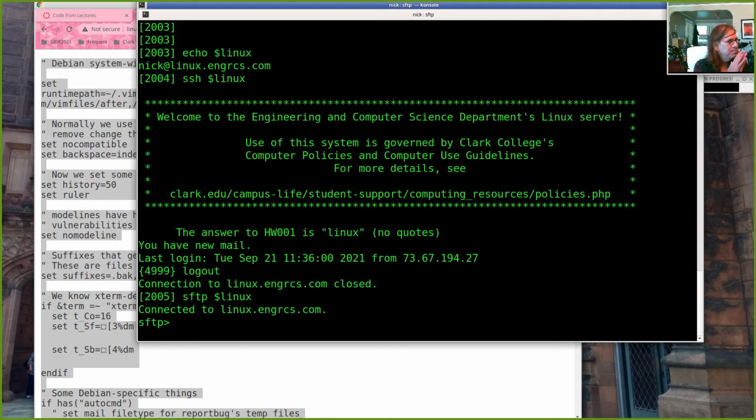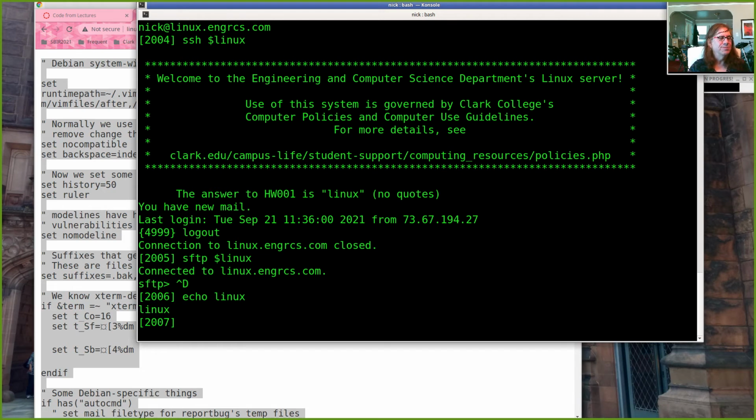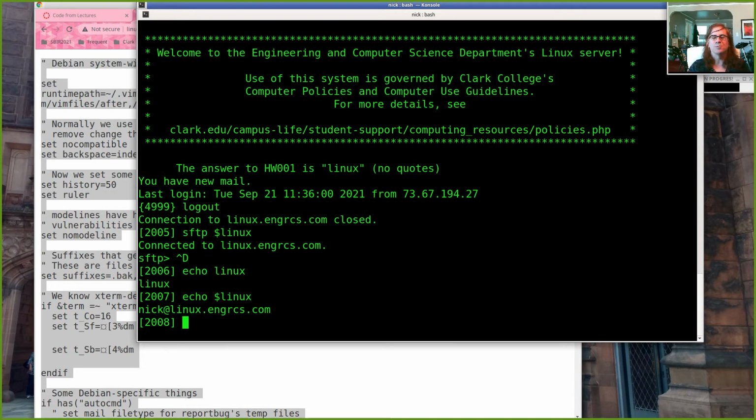Say again? The $ sign just symbolizes that Linux is a symbol that you set up. Yeah, the $ sign says Linux is a symbol. Show me the value of that symbol. Okay. So if I say echo Linux, it says Linux. If I say echo $Linux, it says, oh, this is what Linux is equal to. Okay. So it's like a variable in C. And we'll go into the details of that in a few more days when we start talking about bash scripting.